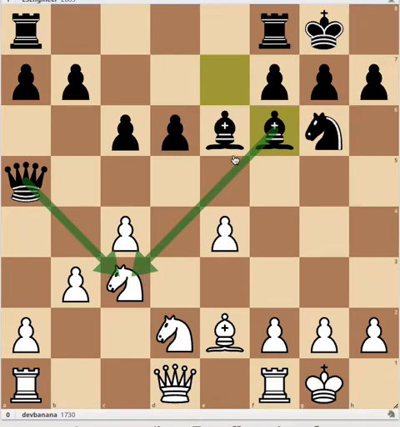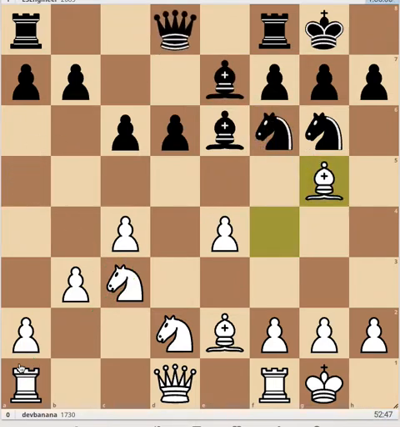So it's not even like they could sacrifice the exchange because the knight doesn't have many good options in this position. So it's interesting how a good position where white has nothing wrong with their position, it's very playable, can turn so bad so quick if we miss a little bit of a detail in the chess position,